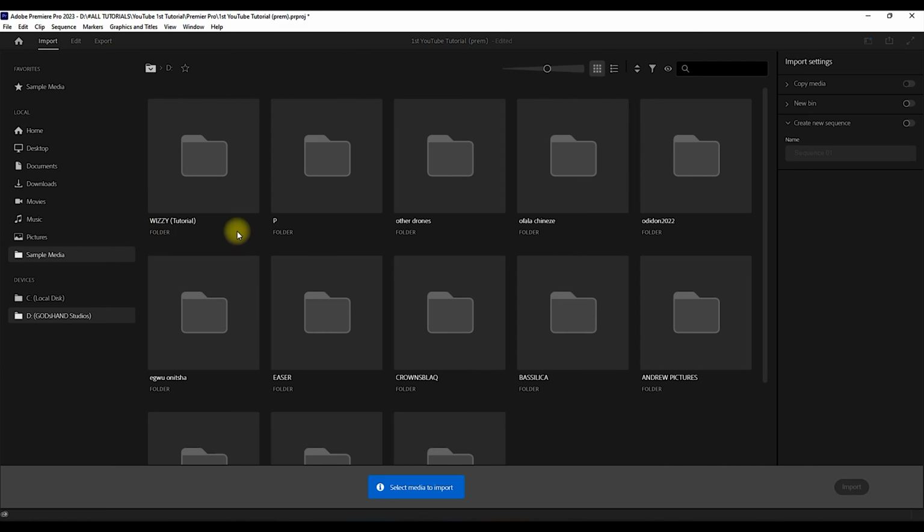Now it's starting from W, P, then O, all the way down to A, depending on the folders you have. But let's leave it in the ascending order. Now the second option we have for sorting is creation date. This will arrange these folders by the date they are created on.